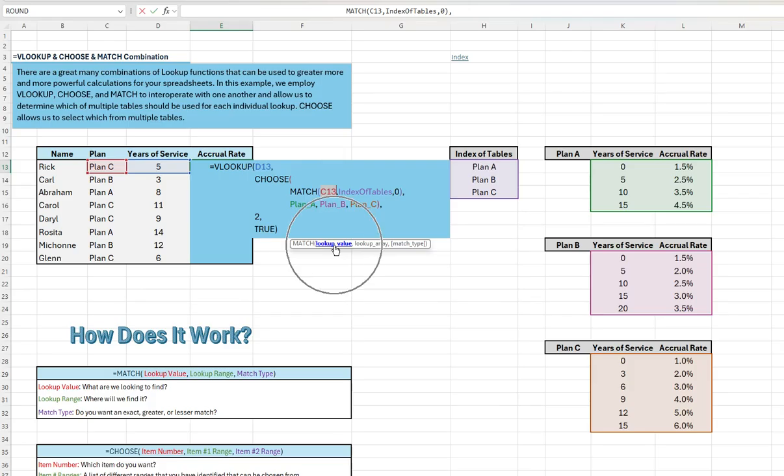The lookup value. Match is looking for the phrase Plan C. Where is it looking? It's looking in the index of tables, which is right here, a little small 3-cell table. The match type is exact. It's looking for an exact match. As you probably understand with match, it's going to return the location of what it has found. So if it's looking for Plan C in this table, it's going to find it in the first, second, third